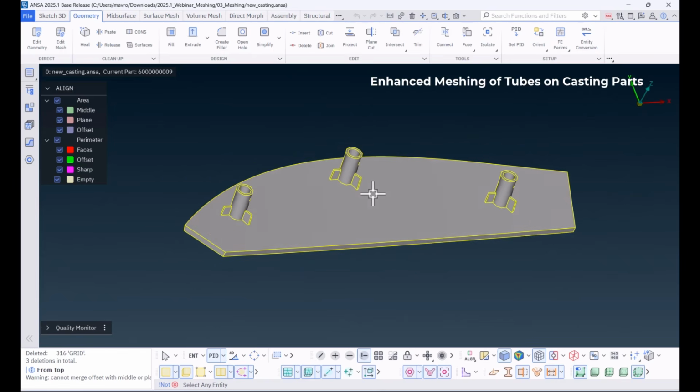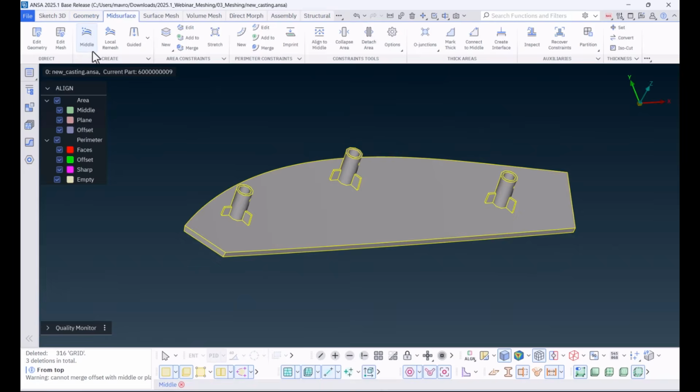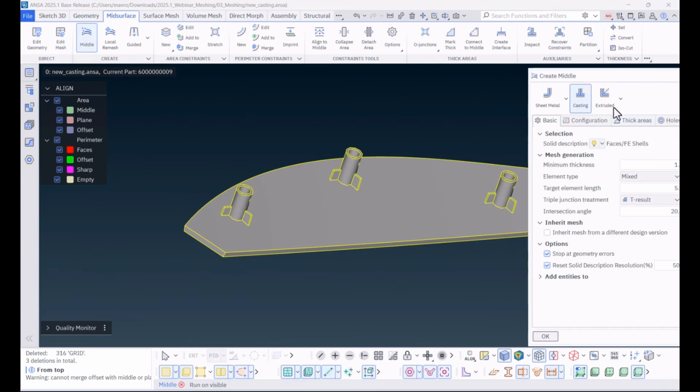New capabilities are now present in the casting tool, which result in generating more accurate mesh results in small cylinders.